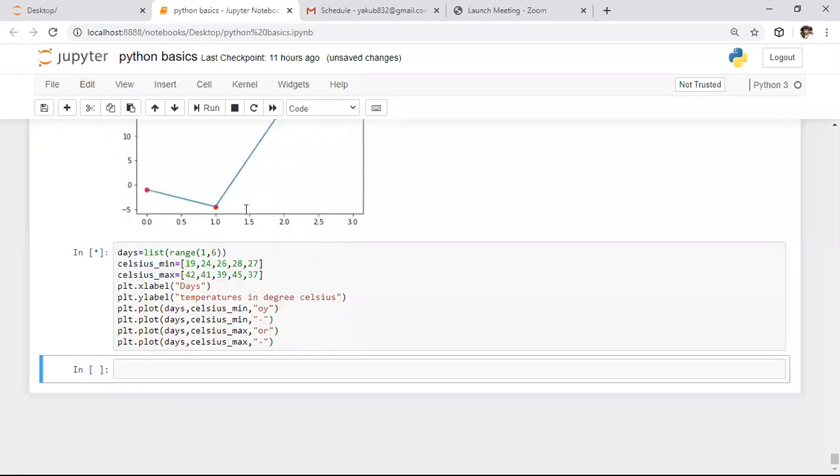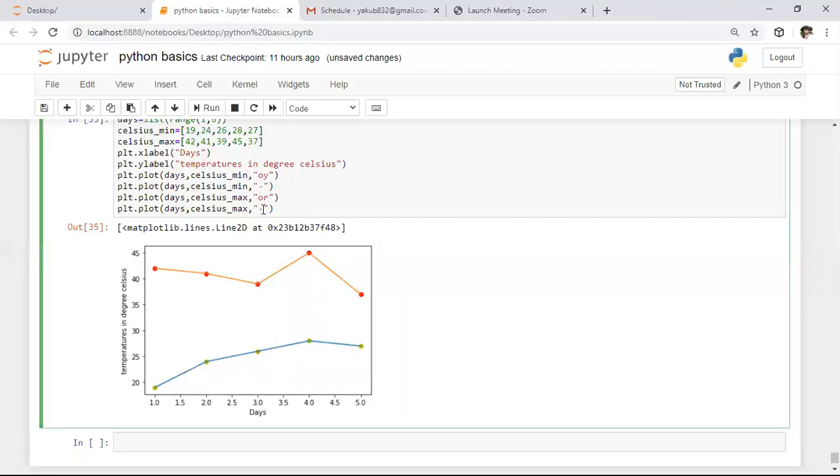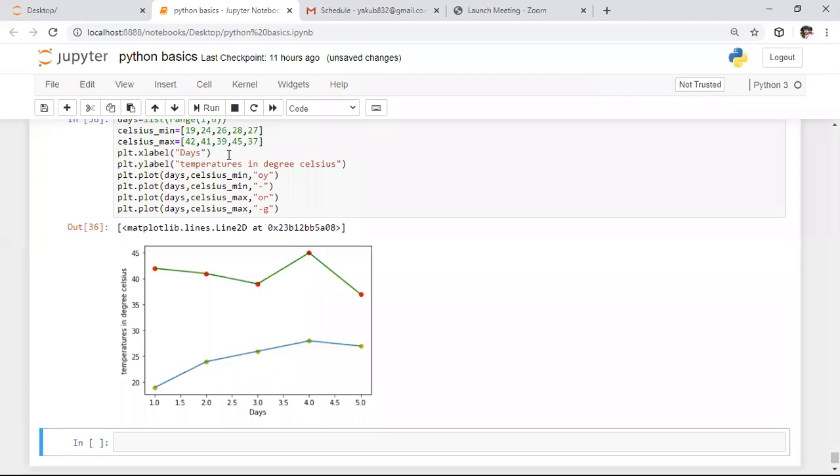If you observe this output, by default the first line will come in blue color, whereas the second default color is orange. If you don't specify the color for the second line also, by default that line will come up with the orange color. Here I am specifying the color for the second line. I plotted this line with the green color. That's why it is coming with the green color. Whatever color you want to specify, you can specify that color.